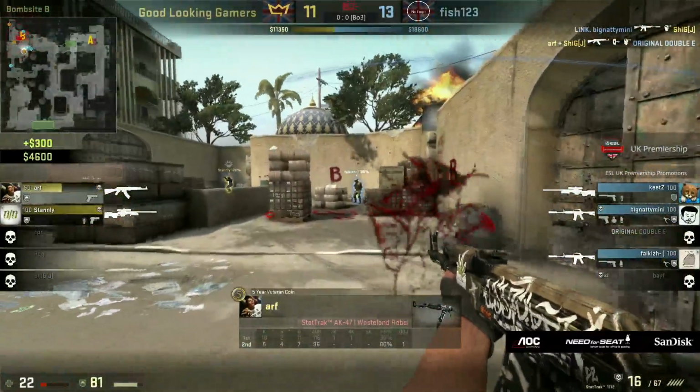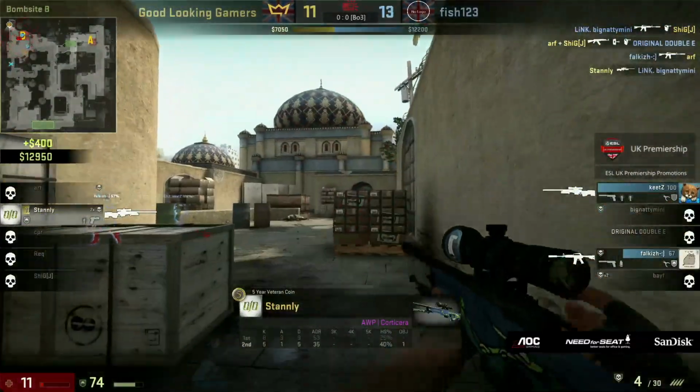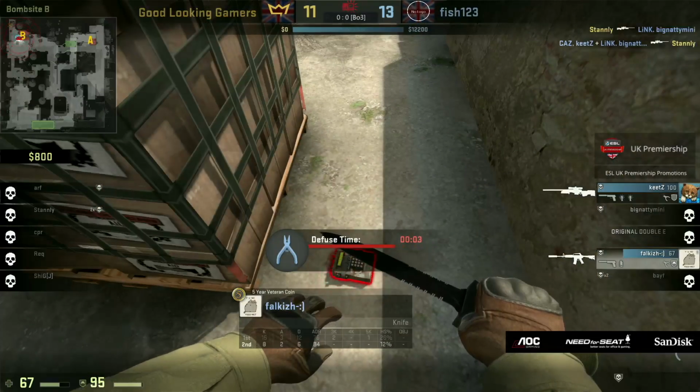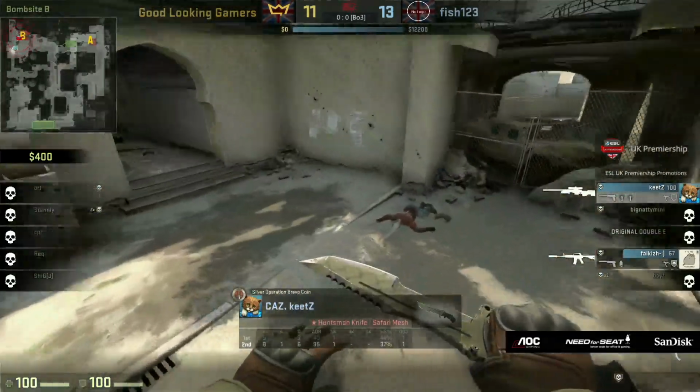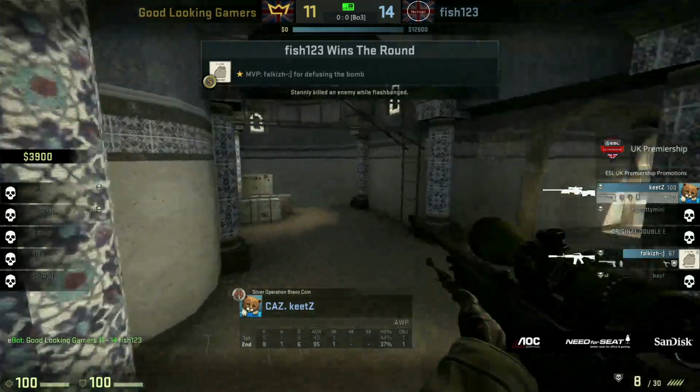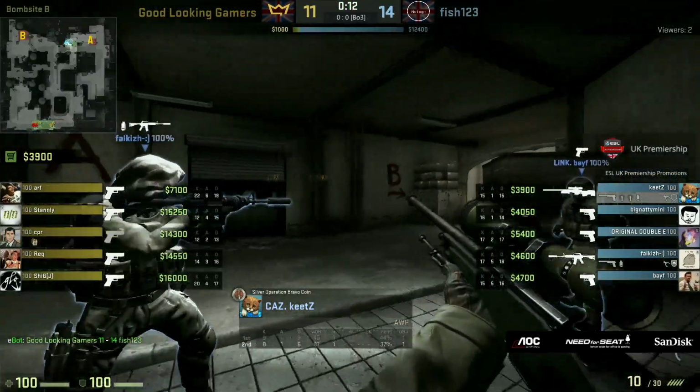They need to make something happen, and Double E's going to be the first one to fall. But it's a decent trade coming out from Fish as they finish off the last man. Keita takes him with the AWP. And that is going to be the retake for Fish. They managed to do it with 2 men remaining, so they're going to be able to carry that up through